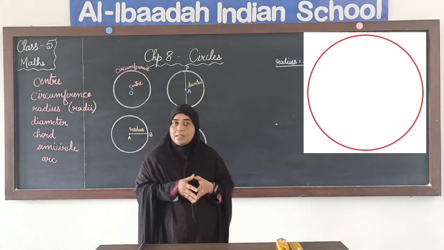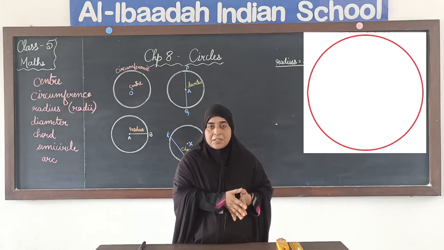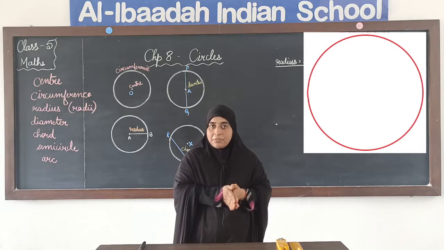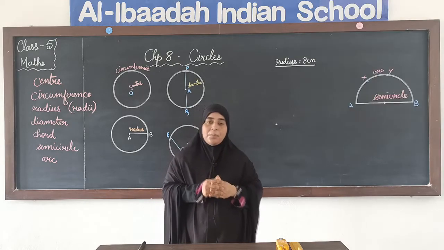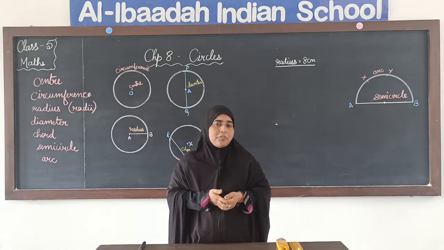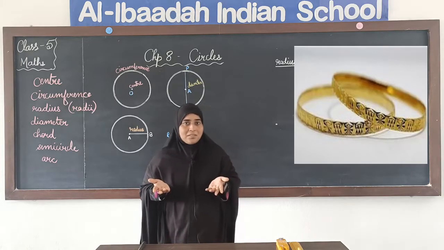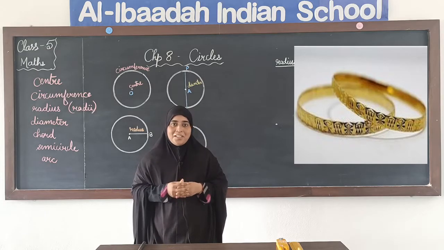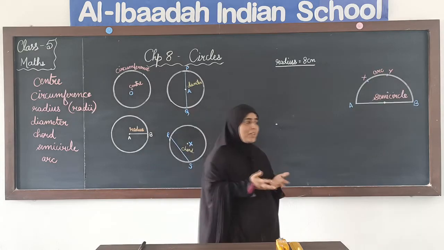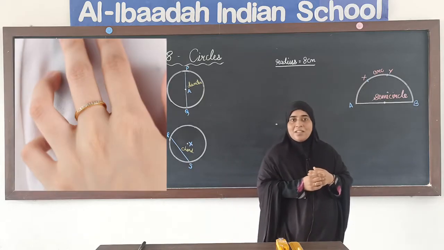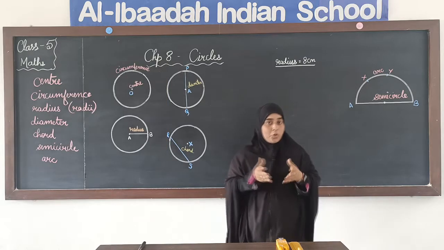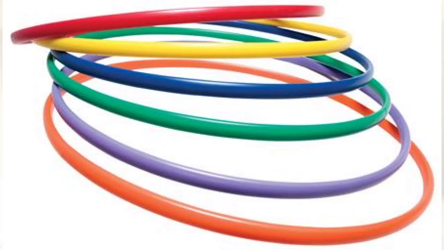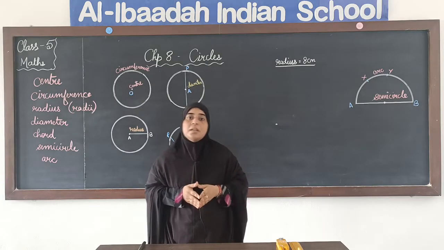Now when we say circle, it falls in 2D shapes, okay. It is a flat figure, a closed flat figure and round in shape. We know about it, right. Some examples that you can give for circles are the bangles that girls wear. So it is one example of a circle. In the same way, the finger rings that we wear are also an example of a circle. Another example is the hula hoops which we use to play, right. They are round in shape. So anything that is round in shape and a flat surface, we call it a circle.